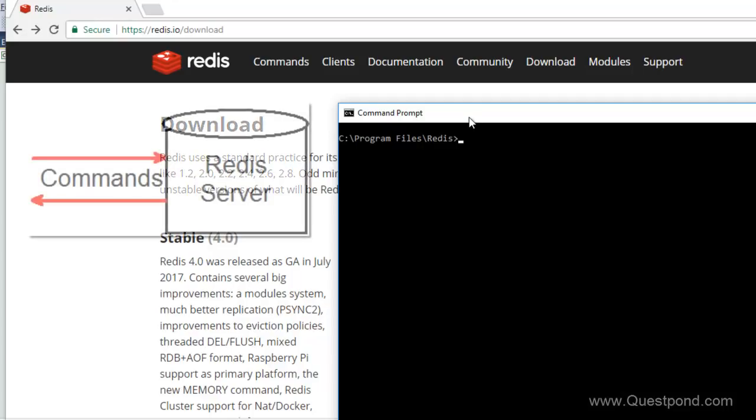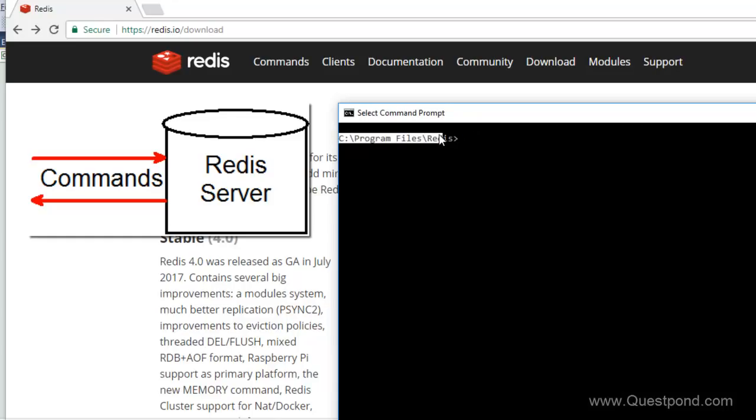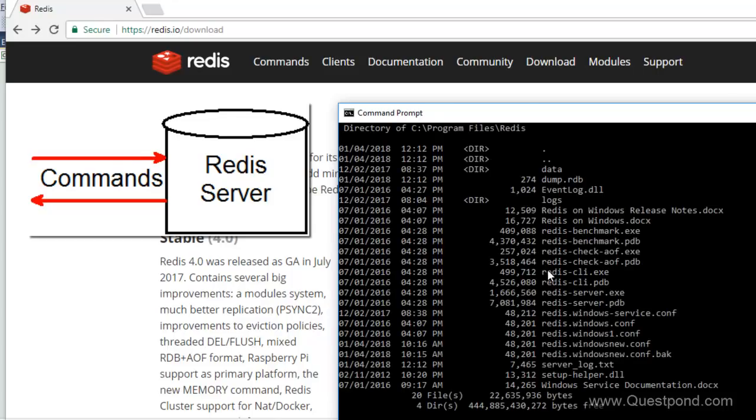But in order to communicate with this Redis service, or rather Redis server, we need to fire commands to it. For that, the Redis team has given something called the CLI commands. You can type dir out here and see wherever your Redis is installed. At this moment, my Redis is installed in C Program Files. In it, they have given a small exe called the Redis CLI command line exe, and using this exe, I can fire commands of Redis.